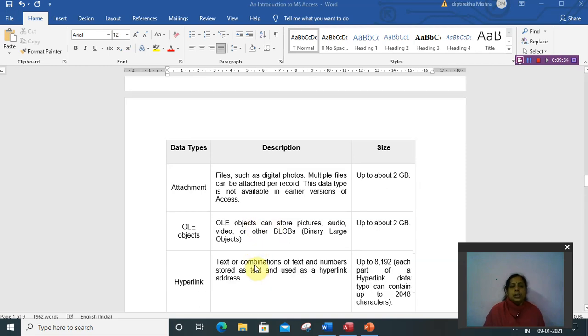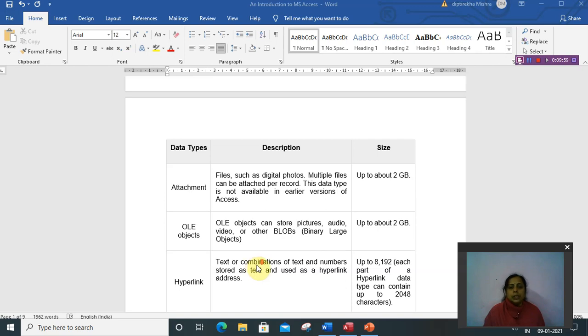OLE is object linking and embedding. The object can store pictures, audio, video and other binary large objects. Okay, and the hyperlink data type can store text or a combination of text and numbers stored as text and used as a hyperlink address. Means it stores the hyperlink address per record.